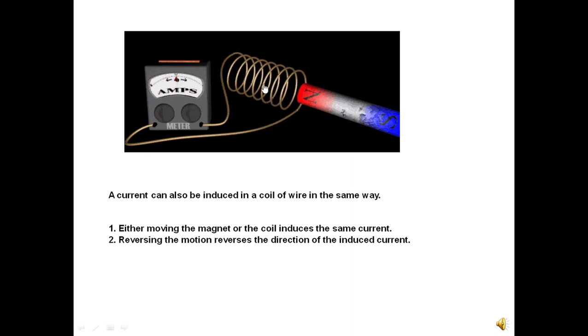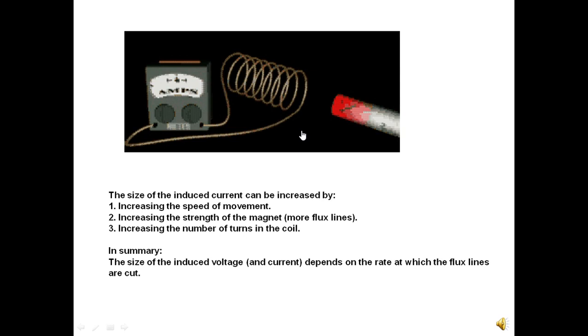And the more turns we have in the coil, the bigger that induced current will be because of the bigger induced PD. The stronger the magnetic field, the bigger the induced PD will be, and so the bigger the induced current in this case. And if we make the magnet or the coil move faster, then we will get a